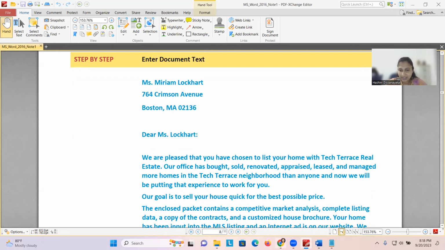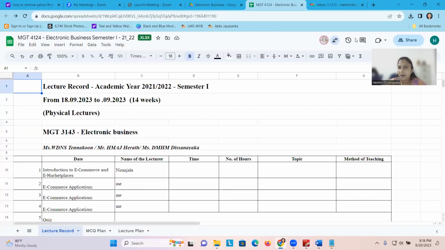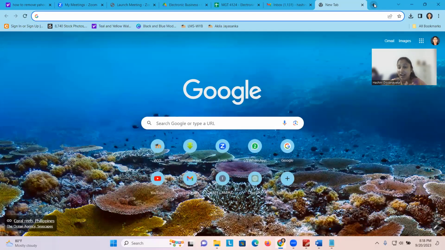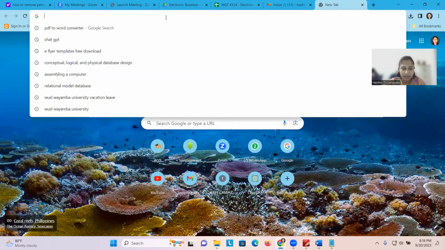Right. Before that, you should know about how to keep your hands on your keyboard and how to place your keyboard flexibly to type. So see,